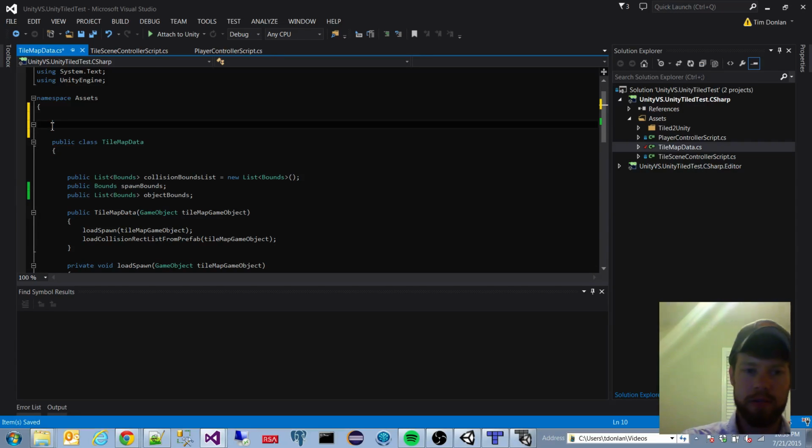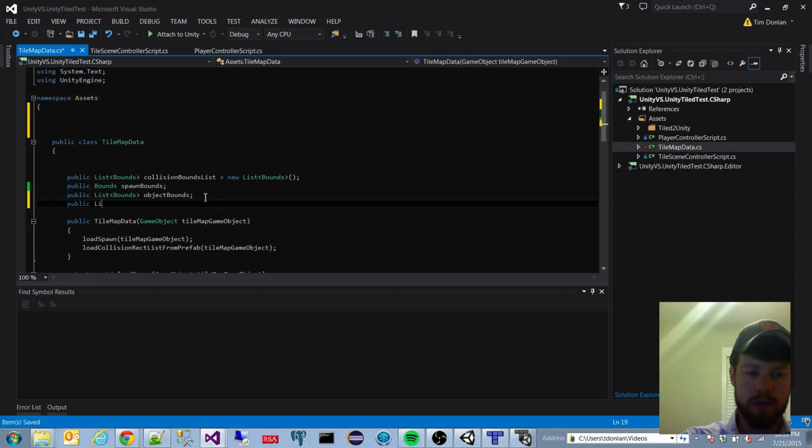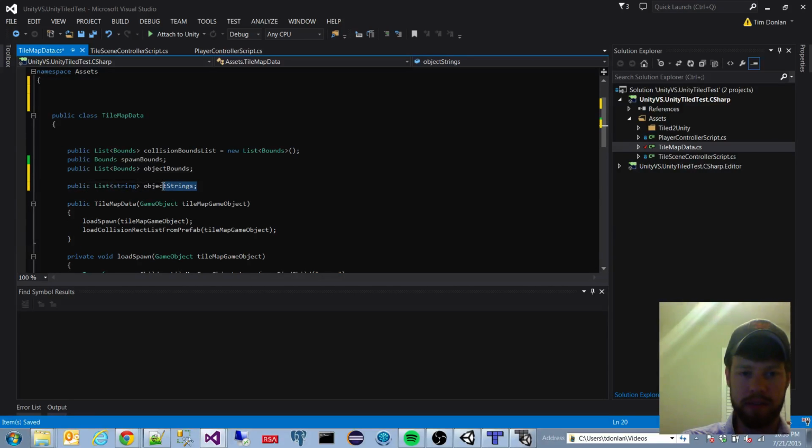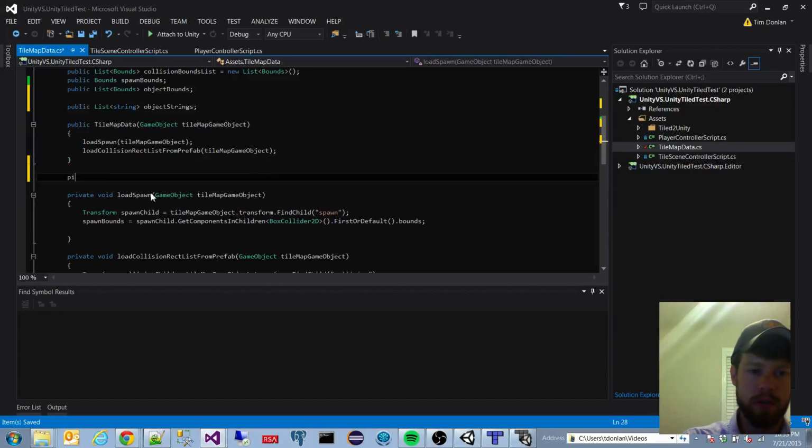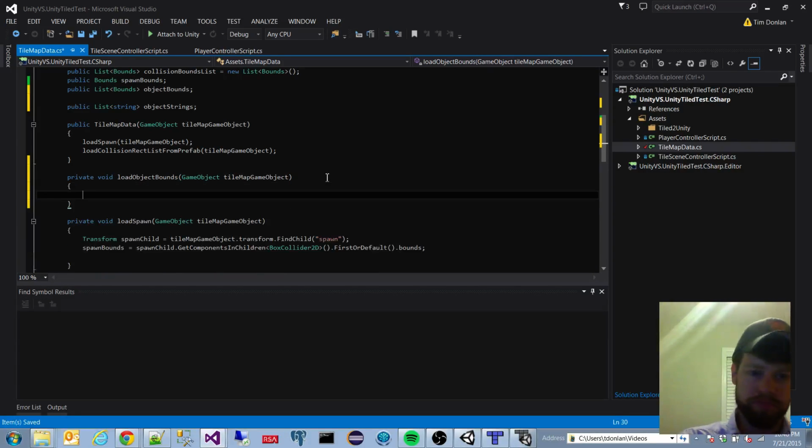Actually, just for illustration purposes, we can do a list of strings. These are going to be object strings. In the real game we have a complex list for each zone of what the points of interest are, and they'd be tied to your object bounds. But right now we're just going to use a string. In the real game we have a bounds list, and we pass in our actual points of interest tile map game object. But right now we're just going to use a string,